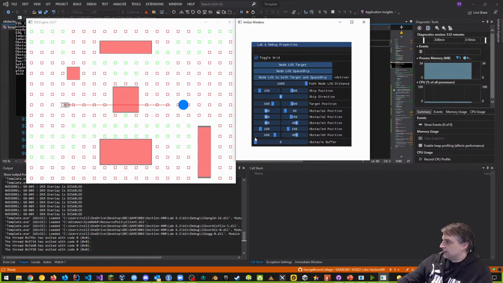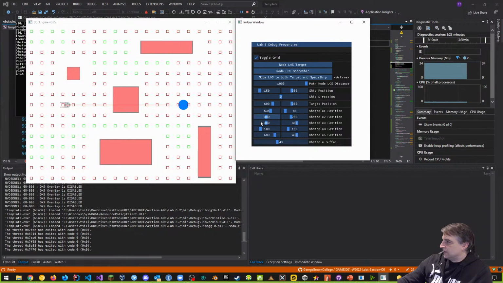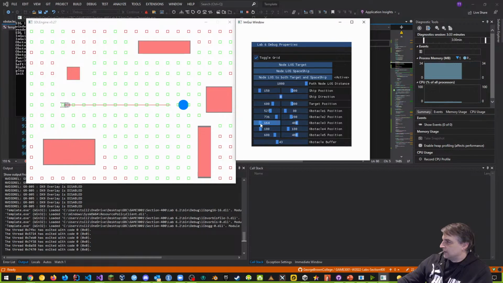All right, one other thing you can do is you can change the obstacle buffer. So this still works. You should also be able to change the obstacle position in real time. And it also changes the line of sight for the obstacles as we redraw the grid. That's what's happening here. So if I move this obstacle to the back, you can see that I have perfect line of sight now to all these obstacles there. We should be able to change anything that's on the screen around so that they can accomplish that situation.